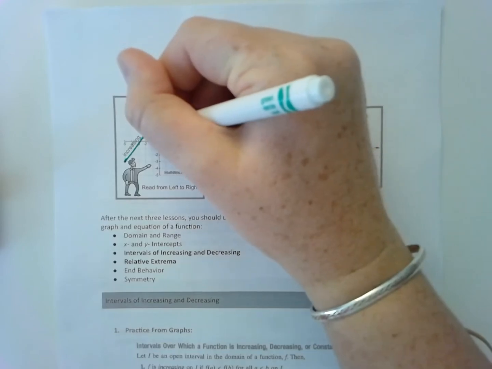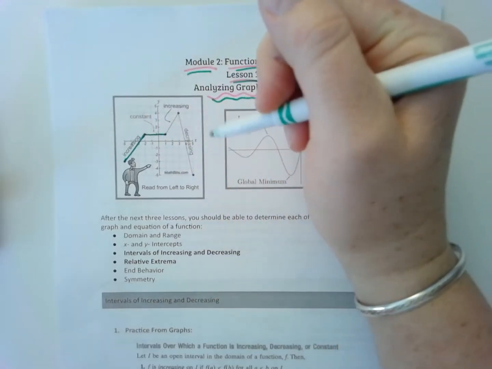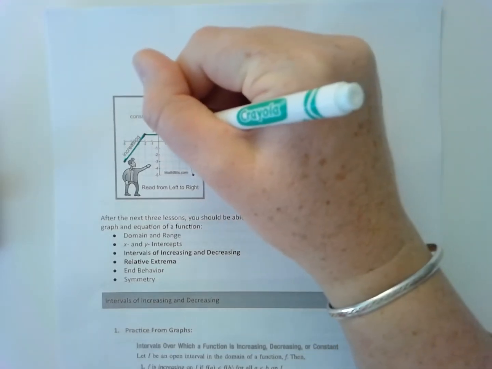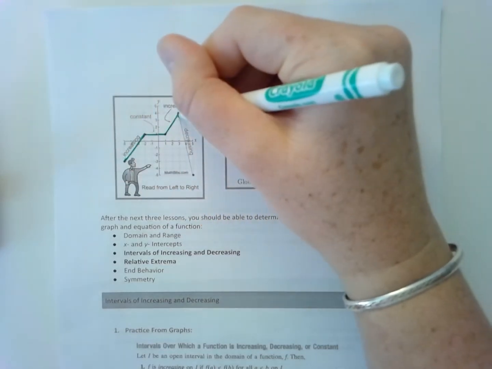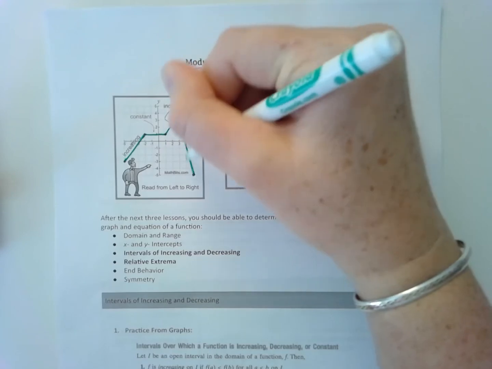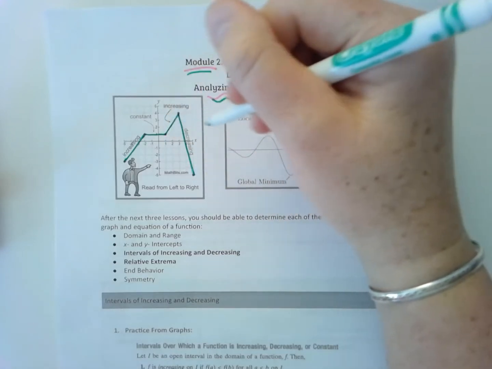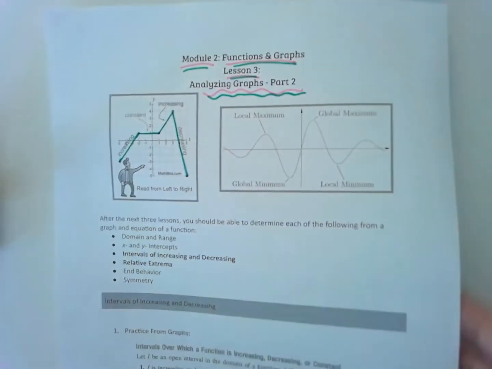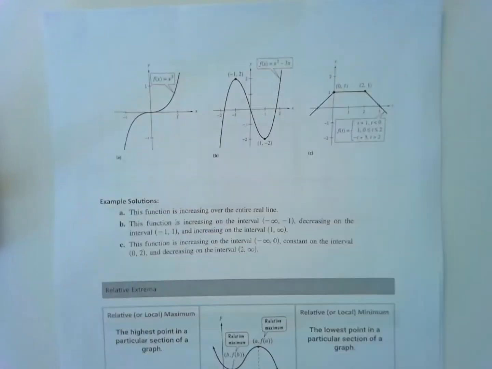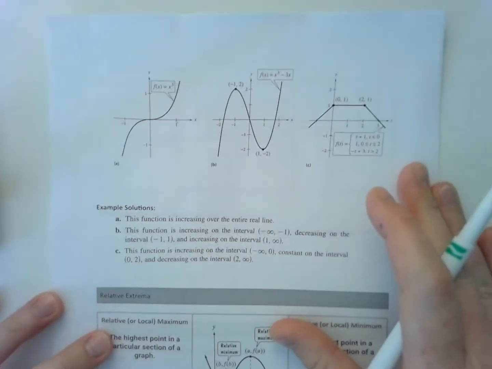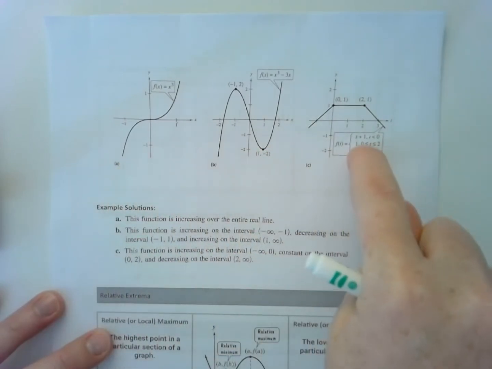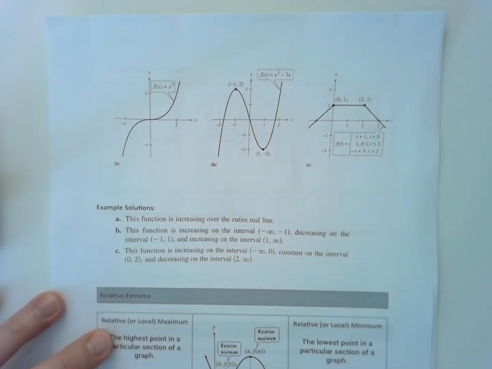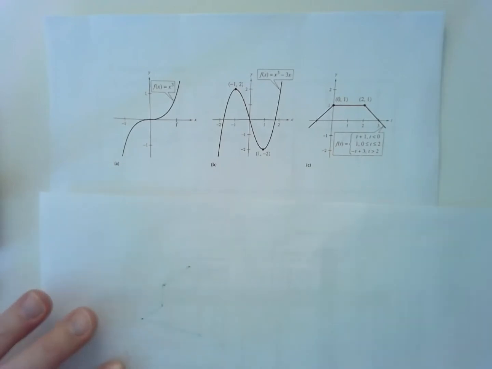A constant interval is when it's just flat. You're not going uphill or downhill. And then sometimes we have more than one interval that might increase or decrease. And then decreasing is just going downhill, so to speak, from left to right. So you've already taken notes. I just want to go over a couple examples to try to help you get started since I can't be with you today. So we have these three examples and we want to write down interval notation for increase, decrease,